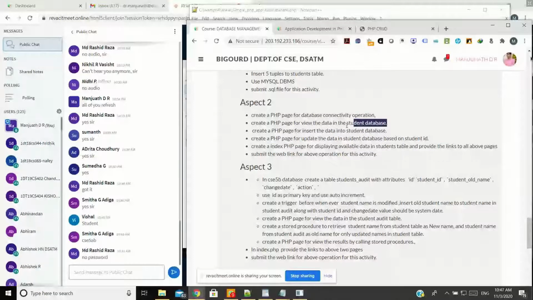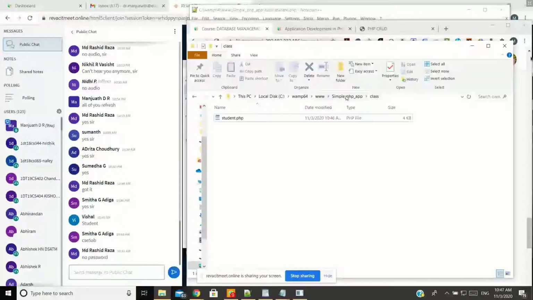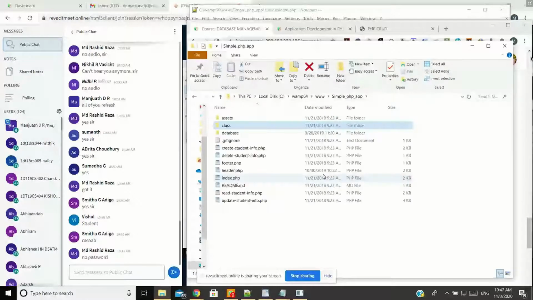See, whenever you are working with PHP applications, the first file it is going to execute by default is index.php. If you have specified some other page, you can even specify it, no problem in that.